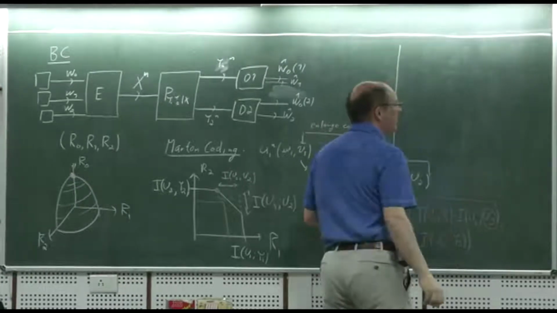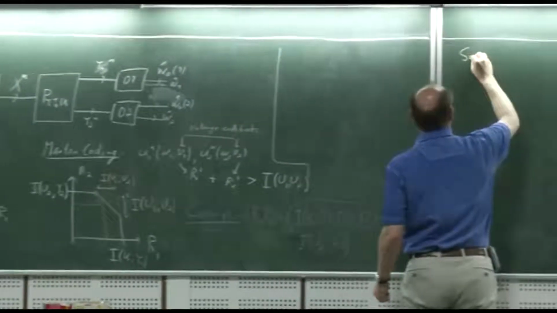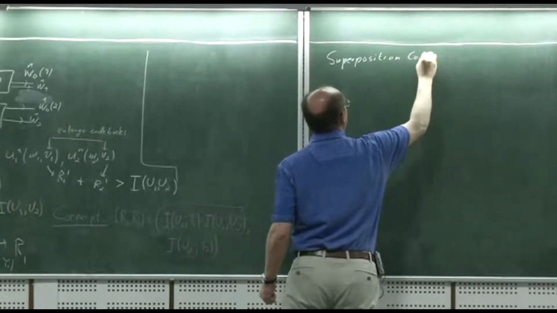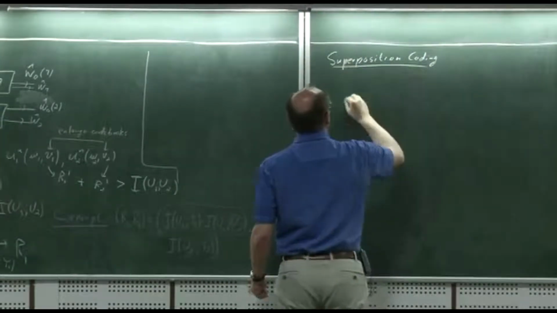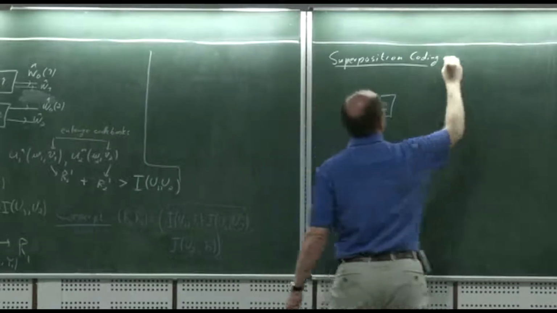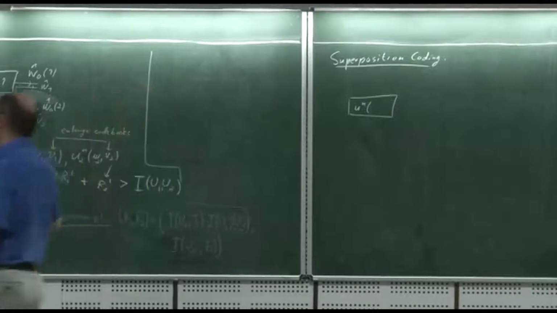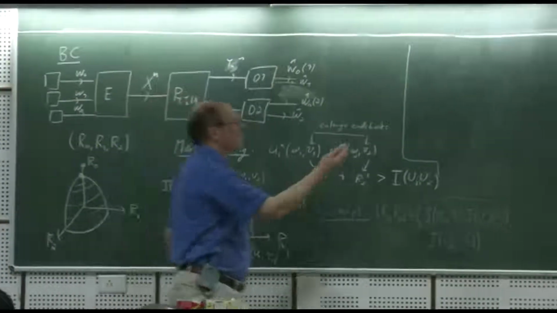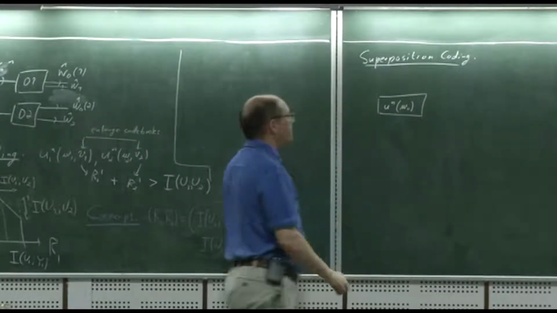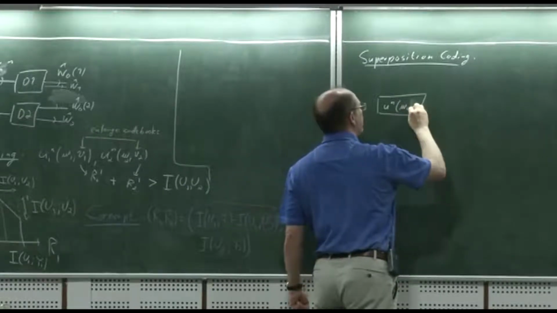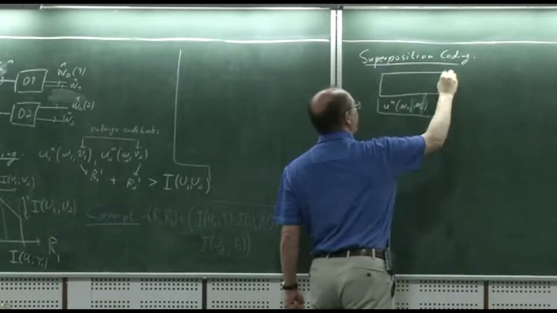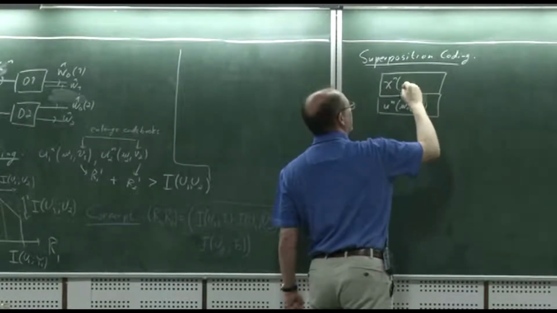Then we looked at a second coding method, which we called superposition coding, which, as I said, was a little bit more straightforward in a way. Effectively, what we're doing is we generate one set of code words, U^n, that carries the common message. We actually also included the second message on this, W2. And then on top of that, we stack a code word that has this pair in it,